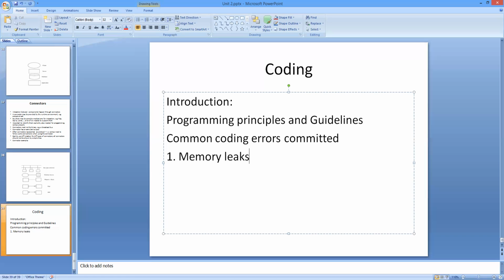This error is a common source of software failures which occurs frequently in languages that don't have an automatic garbage collection facility. So a software system with a memory leak keeps consuming memory till at some point of time the program may come to an exceptional halt because of the lack of free memory. So one of the main damages of this memory leak is consuming more memory. Okay, then the next one,